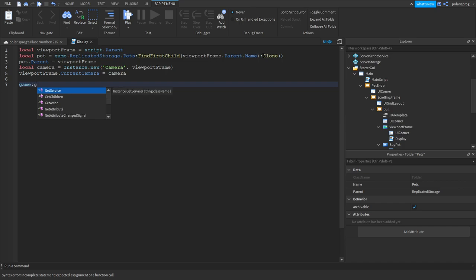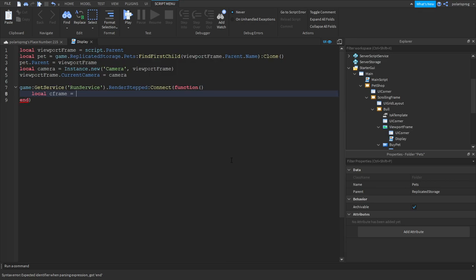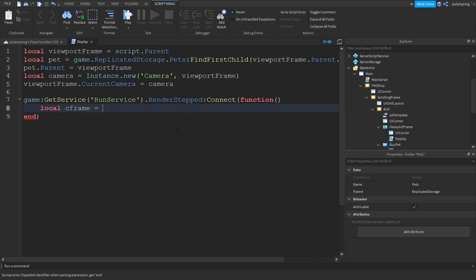And we're going to get RunService. So game:GetService("RunService").RenderStepped:Connect(function, and drop a line, and we're going to create a variable called cframe. So local cframe is equal to, and make sure you put a lowercase c instead of an uppercase C in cframe. Local cframe is equal to pet.PrimaryPart